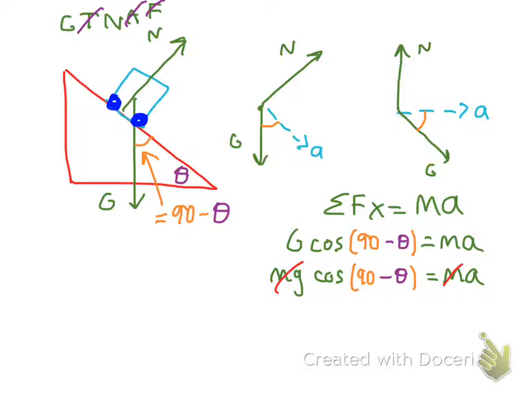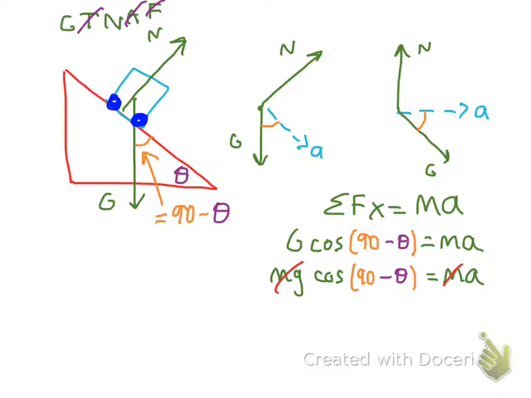That makes solving these problems a lot easier. Then by doing that, we do the sum of the forces in the x as mass times acceleration. The normal force points straight up, so it's not in the x at all. Gravity points in the x, but it's also in the x and the y, so we just want the x part. So we would use cosine to get the x part of the